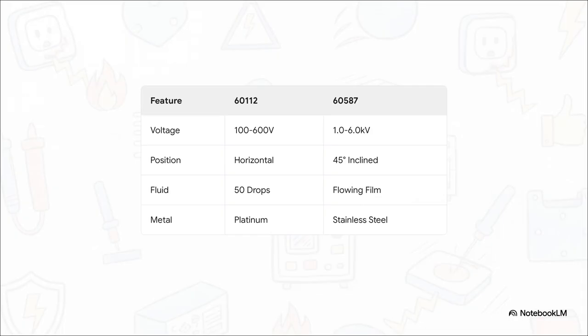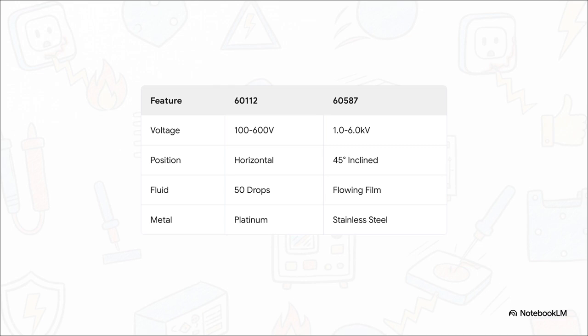Okay, the crucial point here is this direct comparison. IEC 60112 evaluates materials horizontally using intermittent drops of a contaminant and platinum electrodes, testing up to 600 volts. On the flip side, IEC 60587 blasts an inclined plane set at a 45-degree angle with a continuous flowing film of contaminant and stainless steel electrodes, and that one reaches from 1 kilovolt all the way up to a staggering